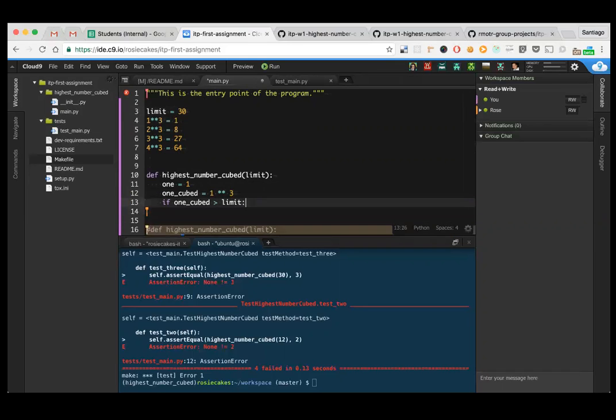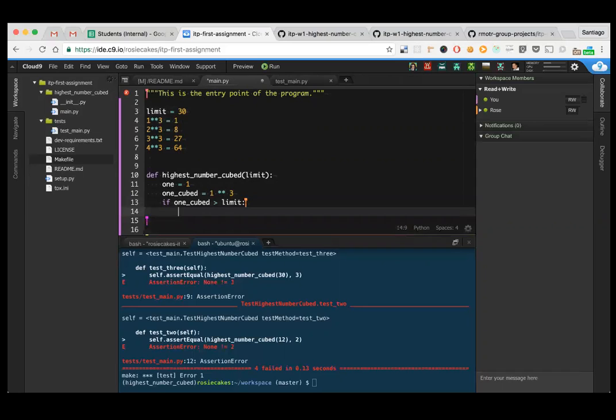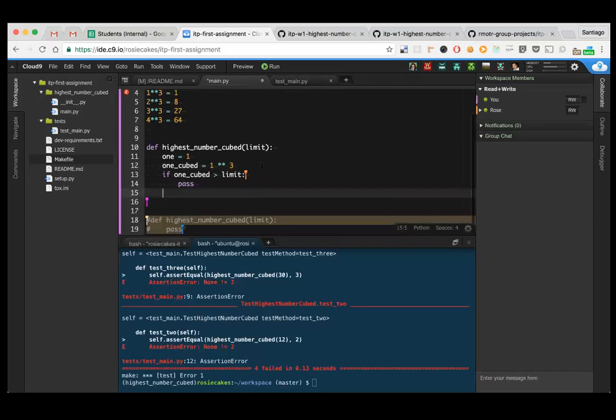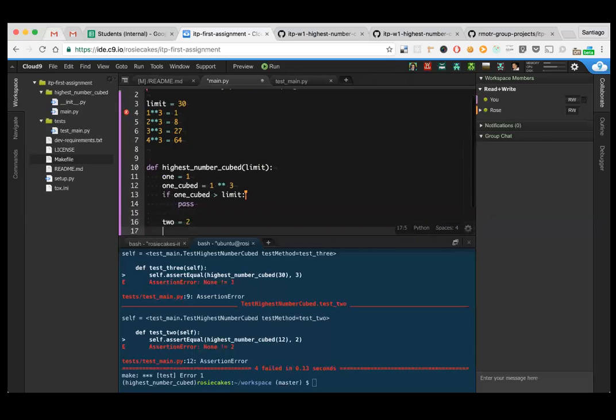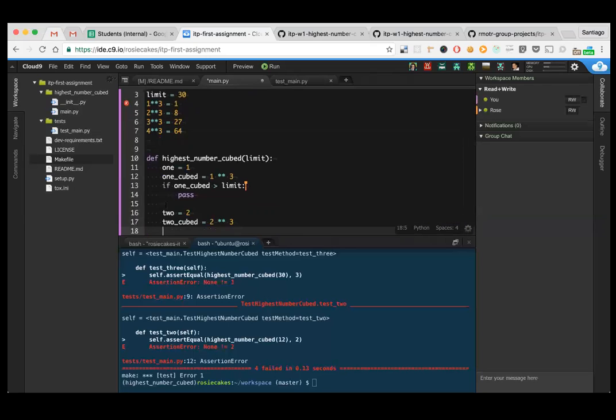I cannot do anything here, I'm sorry. But I keep moving forward because of course the number 1 will never be passed. So I will increment now to the number 2, right? So I'm going to say 2. 2 cubed is going to be 2 to the power 3. And I'm going to say now, if 2 cubed